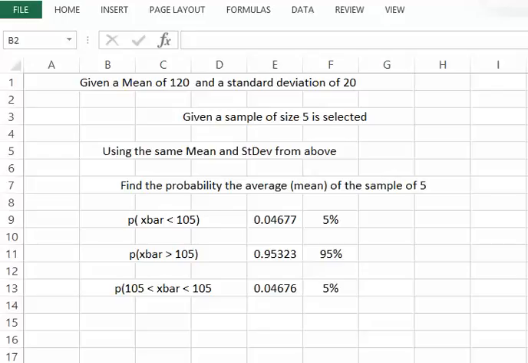But we're going to take a sample size this time of 5. We're going to select 5 people at random or 5 objects at random to test and find the probability for, as opposed to the previous example where we only selected one subject. Here we're selecting 5. And what we're going to do is find the mean of those 5. And we're going to ask ourselves, what is the probability of the mean of this sample of 5 being less than 105, being greater than 105, or, and I want to change this one, being